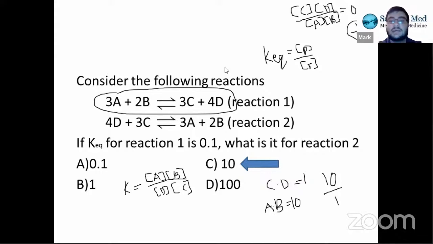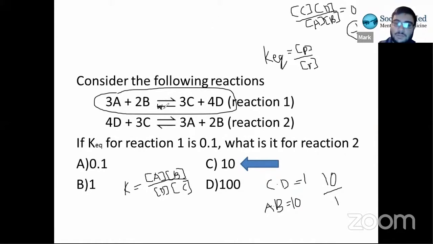Even though it is the same reaction in a sense, it's inverted, right? What were the products have now become the reactants. What were the reactants have now become the products. And essentially, what you can do with this is, in this case, they gave you both of these reactions, right? But technically, if you look at it,